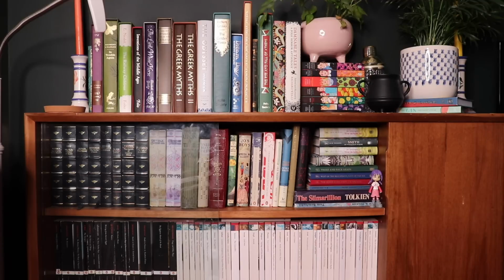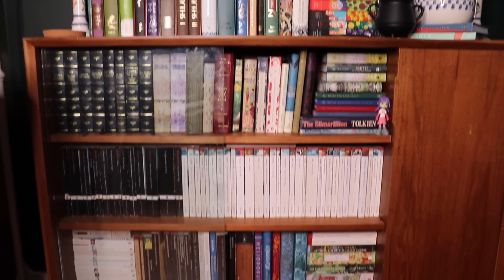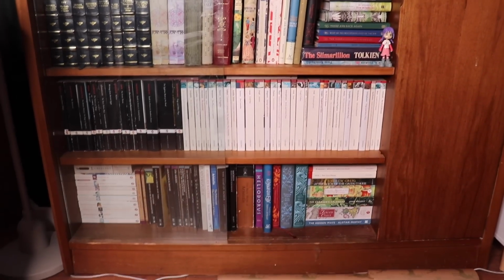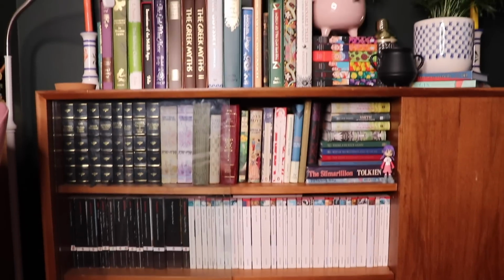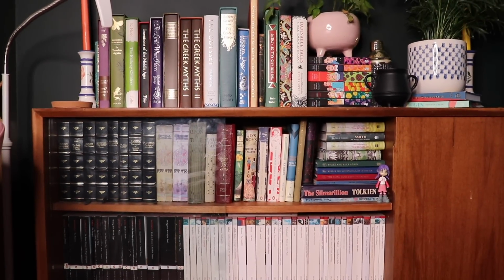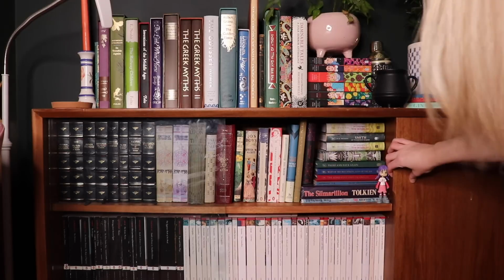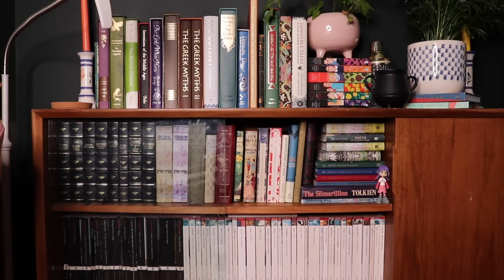So it seems only natural to start with the books that were actually behind me in the introduction to this video, which live in this old glass cabinet. I think it's meant to be for drinks and glasses and things like that, and if I'm being perfectly honest, this right here has gin in it. So it is getting used for its purpose somewhat,